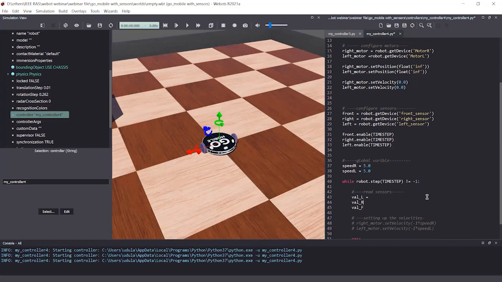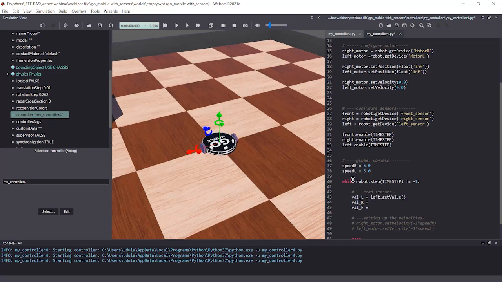So we can read the values using the command. To read the left sensor, you type left dot get value,